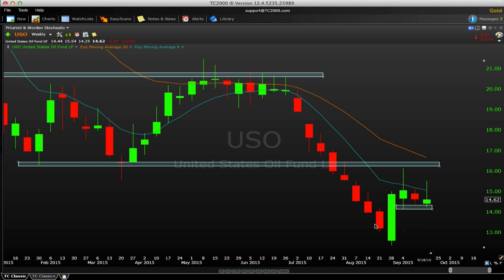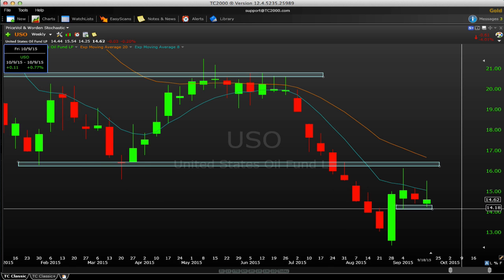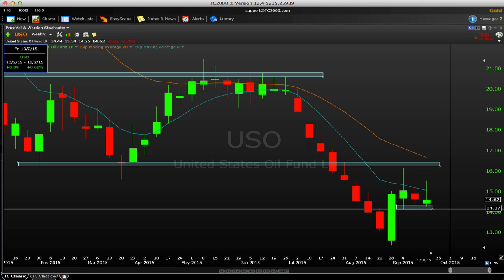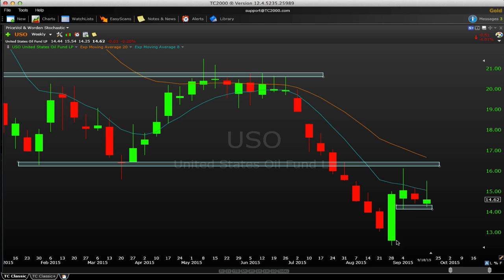I'm still keying off of the weekly chart here. Look at this nice bullish engulfing bar. We're still holding, even though there's been a lot of chop in here. Look at these topping tails, definitely painting a little bit of a pessimistic picture there, but if you look at the bigger picture here, we are still holding the top 70% of this big bullish engulfing bar. It's nothing guaranteed. It's just what I'm keying off of right now. So I'm still long this market.